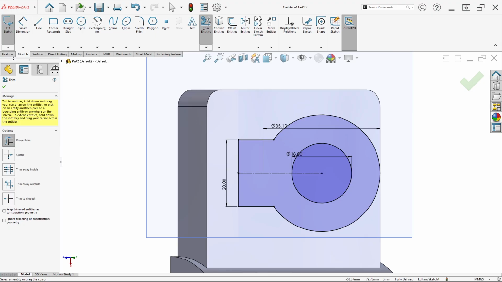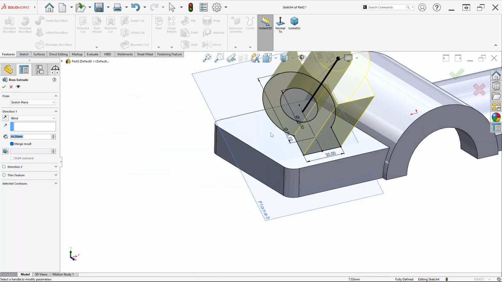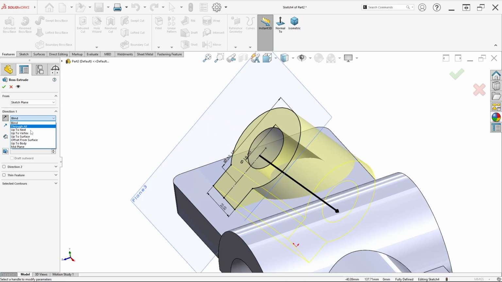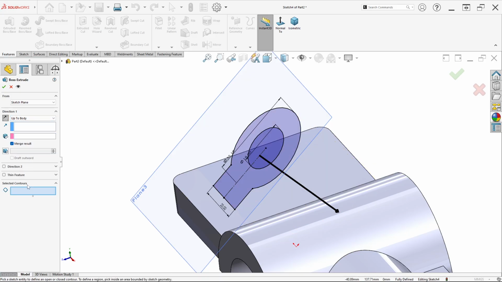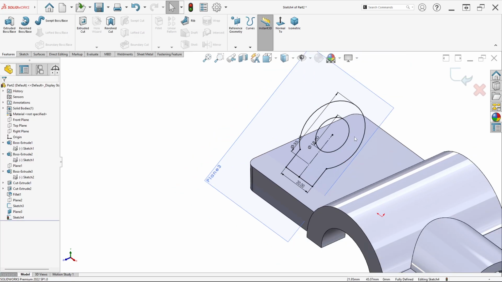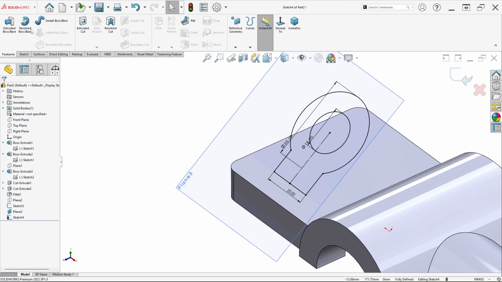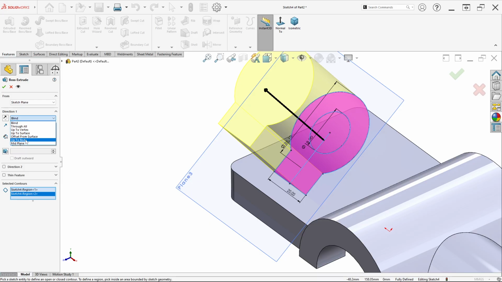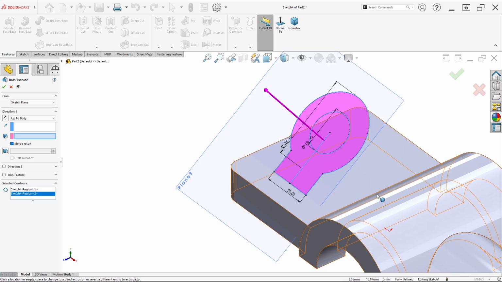Then we can click feature and click extrude boss or base. For direction we can reverse direction, but change the direction in here to up to body. For selected contour just select this sketch and this sketch. For body just select this body. Sorry, we can repeat it here. We have a plane like this, sketch like this, and just click extrude boss or base. For selected contour just select this sketch and this sketch, and for direction change to up to body, select this body,